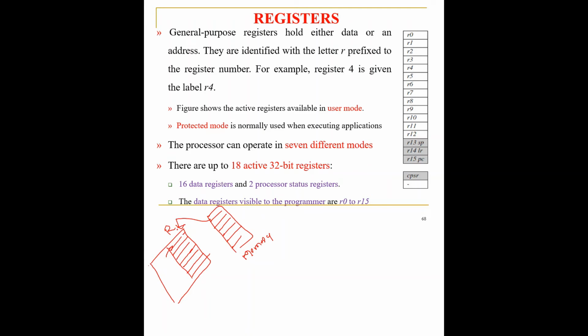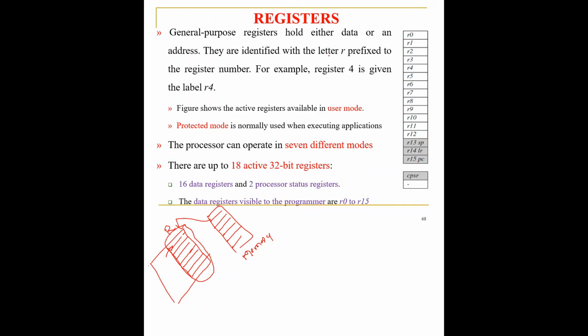Now it is time for us to check how these registers look, what the size of the registers is, how many registers are present, what names are given to the registers, and whether they are general purpose registers or specific purpose registers. All these details have to be checked. So let's check them right now. General purpose registers hold either data or an address. The data and the instructions from the memory will be loaded in the general purpose registers. They are identified